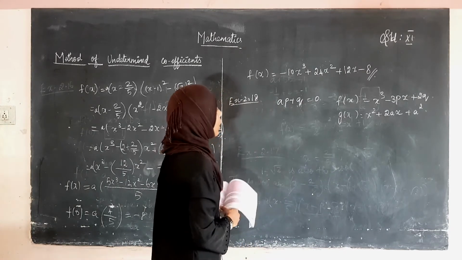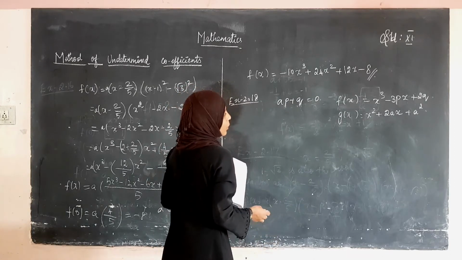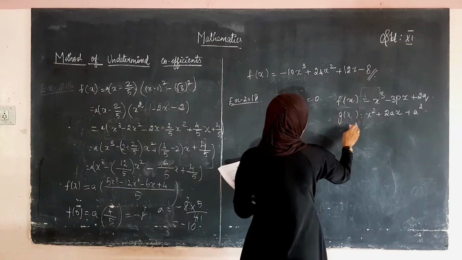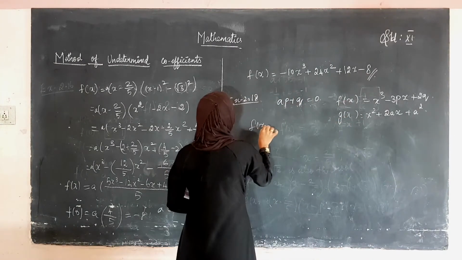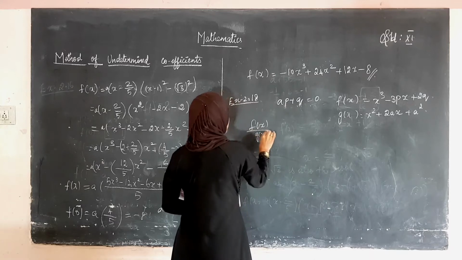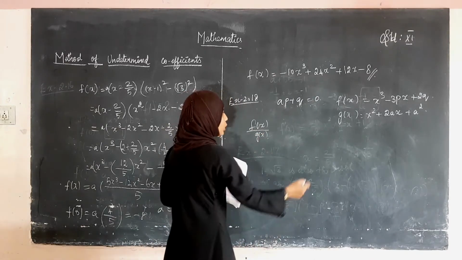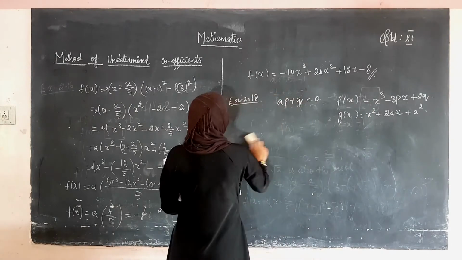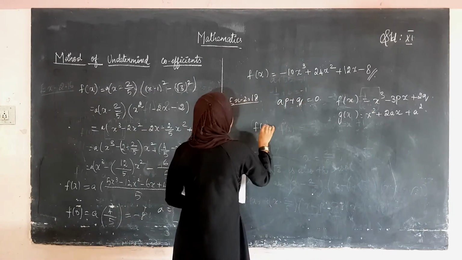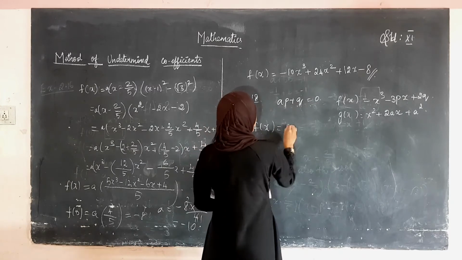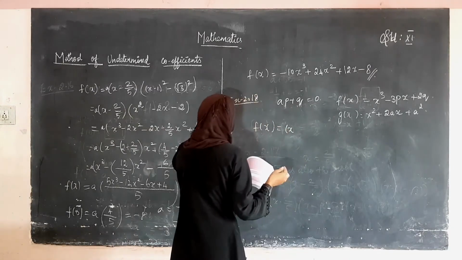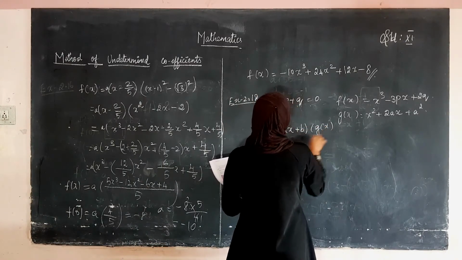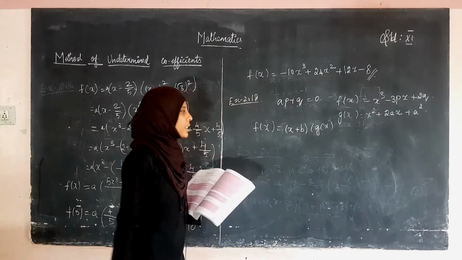Okay? Can you understand this? See, we have to prove this. Before that, we have to divide f of x by g of x. See here, this is of greater degree and this is of smaller degree. So what happens? When f of x is divided by g of x, it will have some element x plus b, multiplied by g of x. So, this is the quotient.